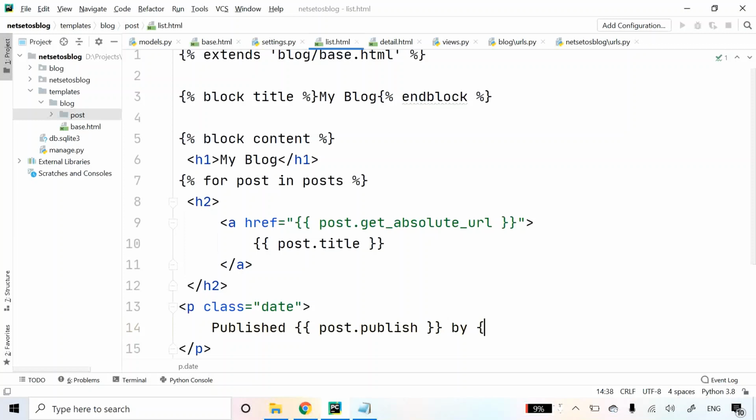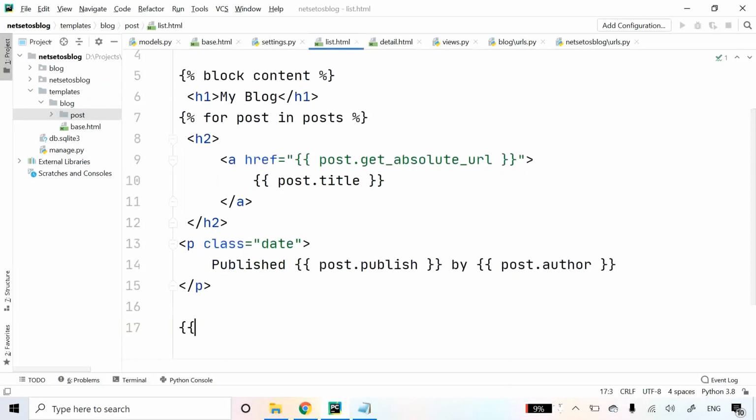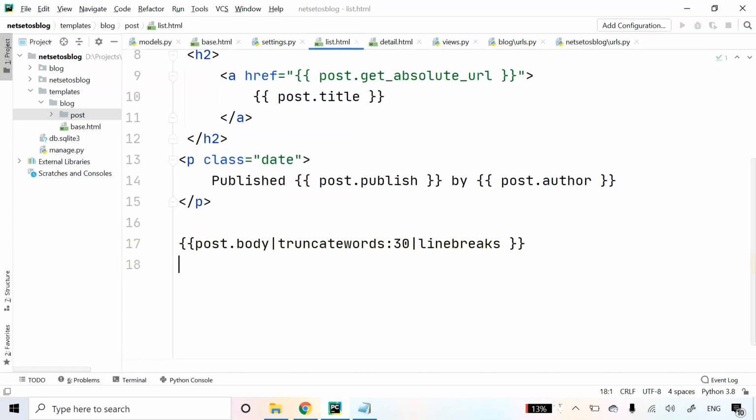by post.author, and here our p tag ends, and then I'll give post.body truncatewords which is of 30, and here linebreaks, and then let's end for loop.